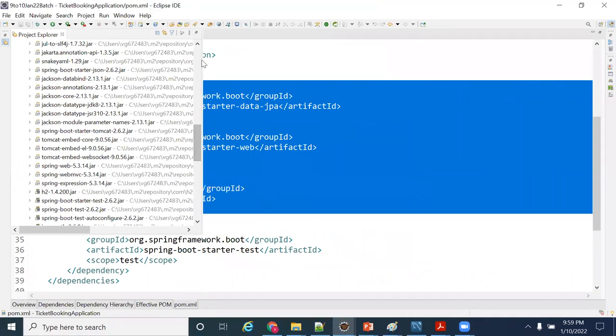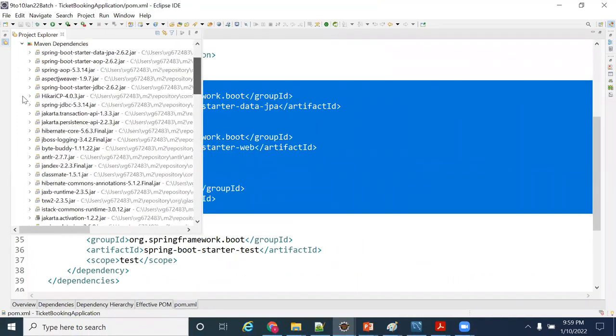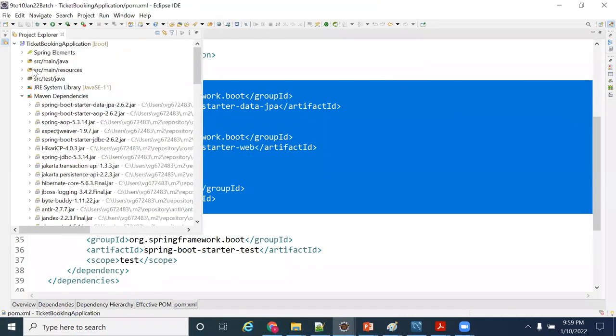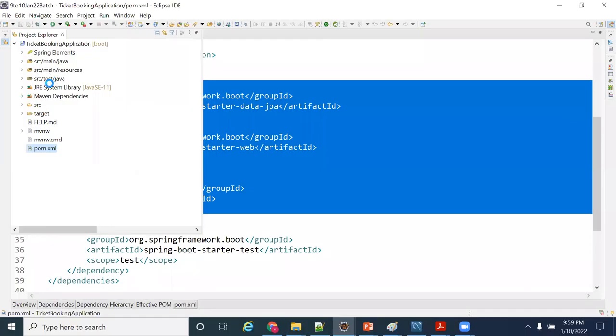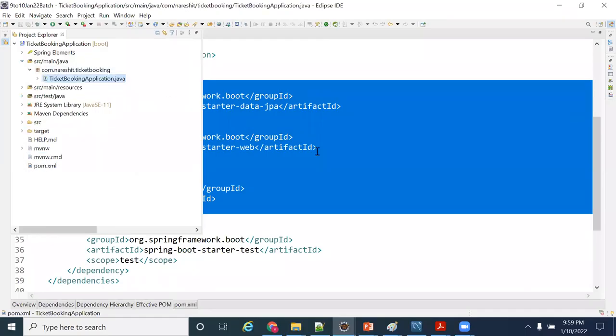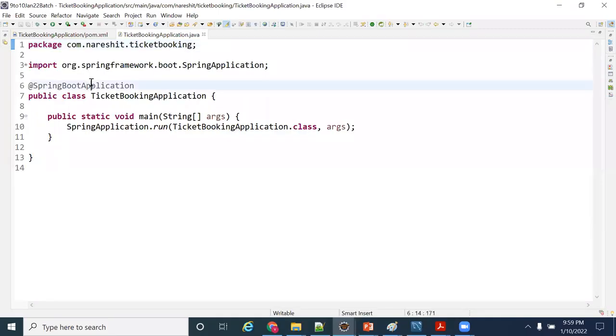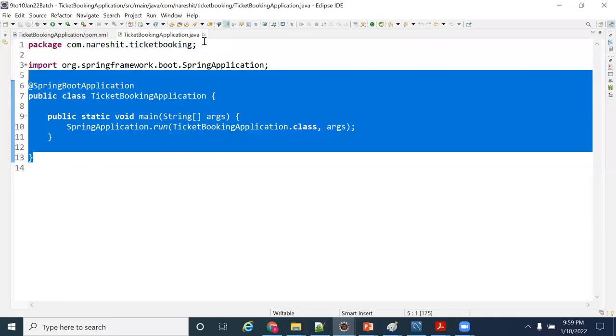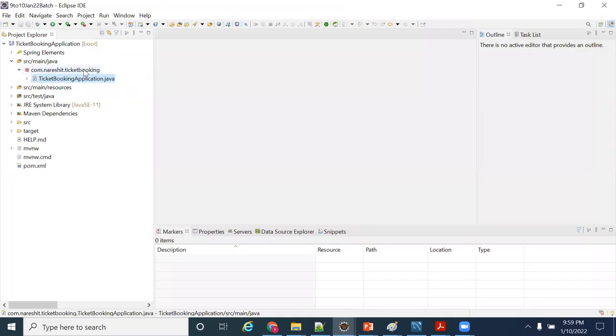Now my bootstrap class, guys, is created at the Spring Boot application. Now I need not do anything. Directly I'll go for my business logic, right? First of all, I will create my business logic.